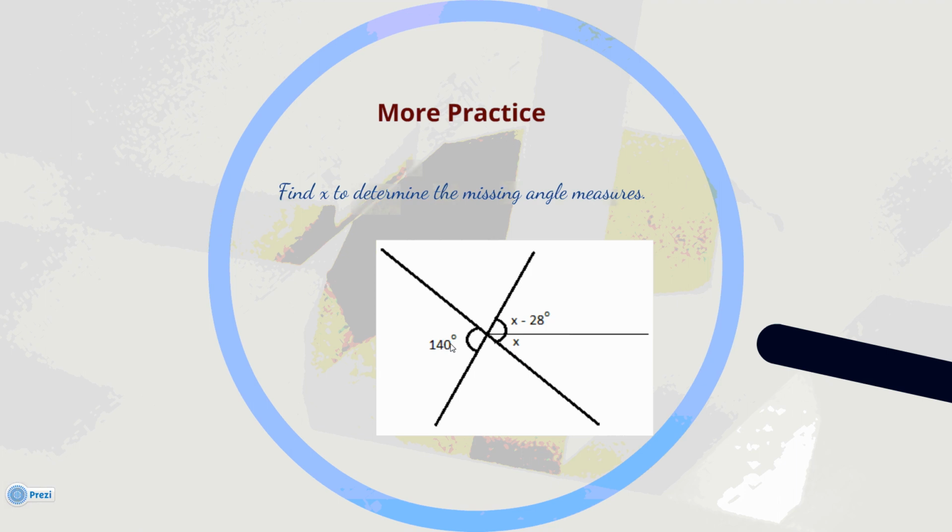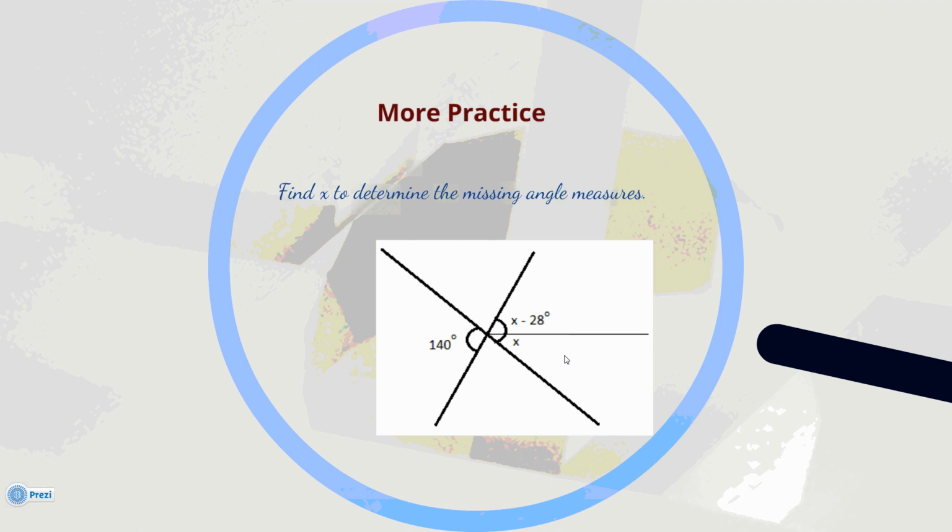Here we're asked to determine the missing angle measures. In order to do that, we have to find what the value of x is. We know that this angle here is 140 degrees. This over here is vertical to that 140 degree angle. So x minus 28 plus x, these two smaller angles, have to make up that larger angle that's equal to